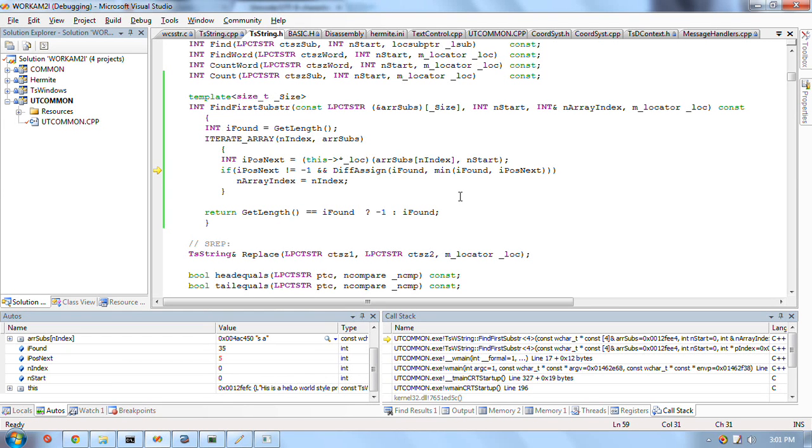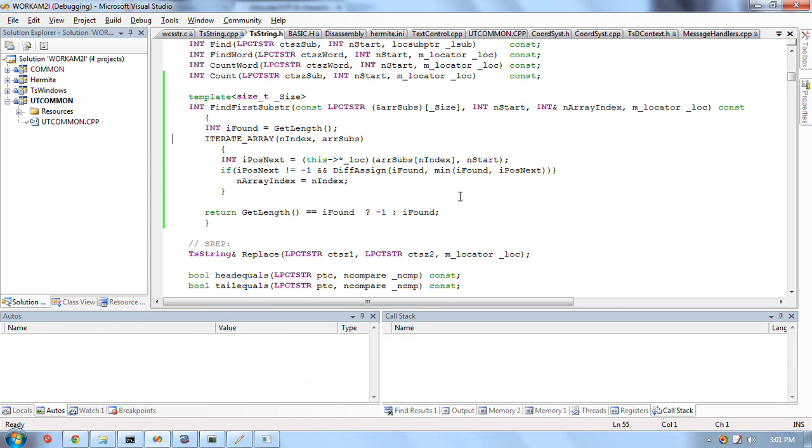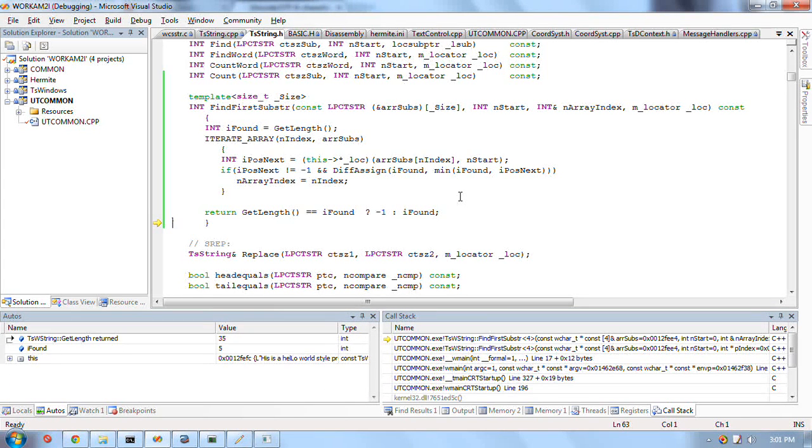My example doesn't have multiple finds, but it does in fact work. I tested it in various cases. Okay, so we got our answer 5